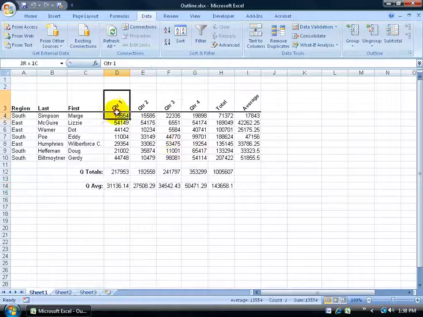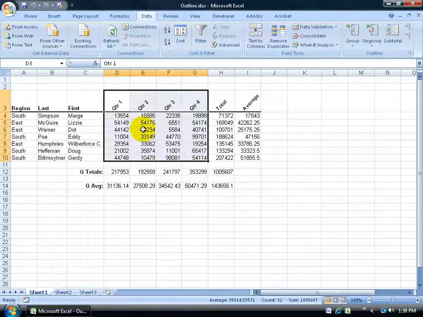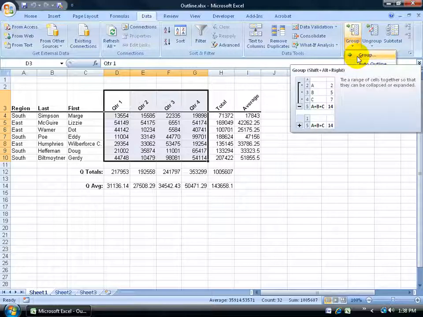For example, you can select the range here and say I just want to be able to have that collapsible, not just have this collapsible, not everything else. To do that, again on the Data tab in the Outline group, click on the drop down arrow. Instead of Auto Outline, go ahead and click on Group, and you can see when I hover over it, it